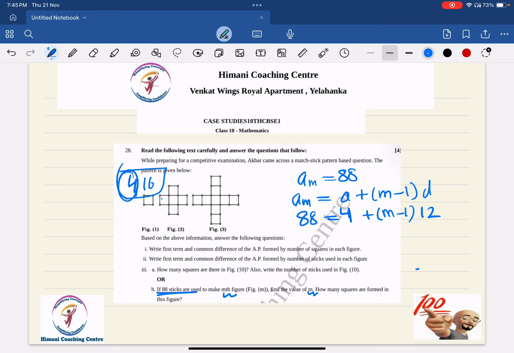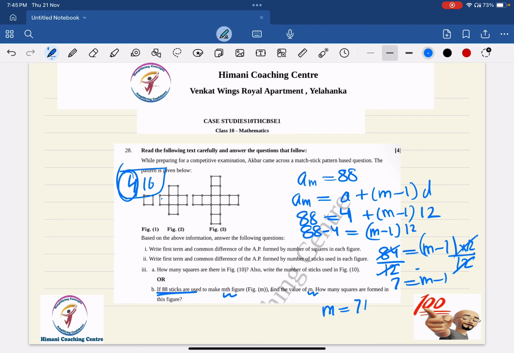I have to write this as 4. Now 4 comes to this side, becomes what? 88 minus 4 equals m minus 1 times 12. So 84 equals m minus 1 times 12. Divide both sides by 12 to get rid of 12. So 12 times 7, which is m minus 1, or m equals 7 plus 1, 8. So the answer for the OR question is